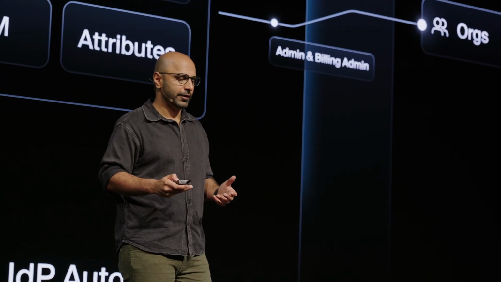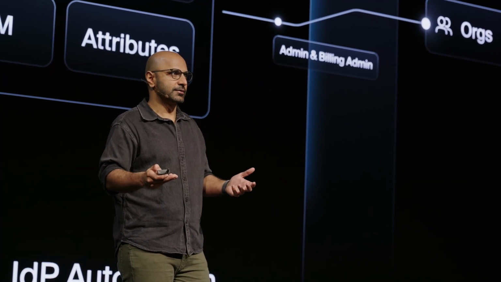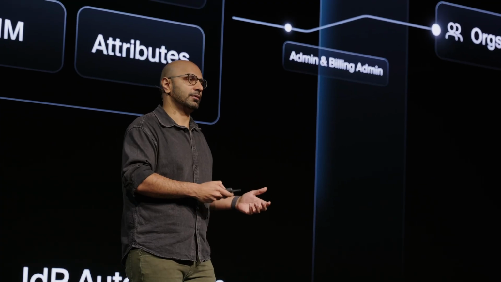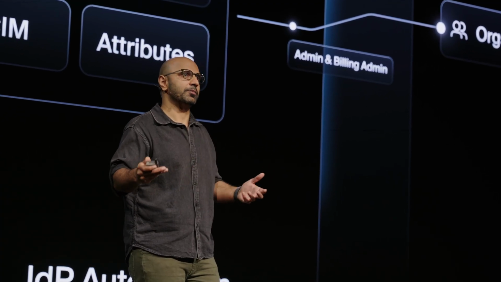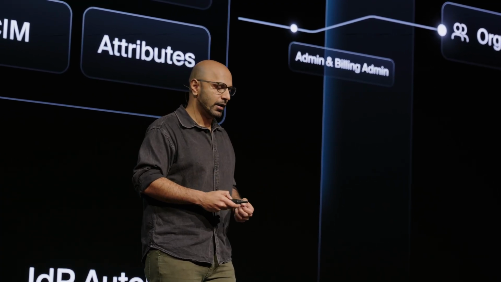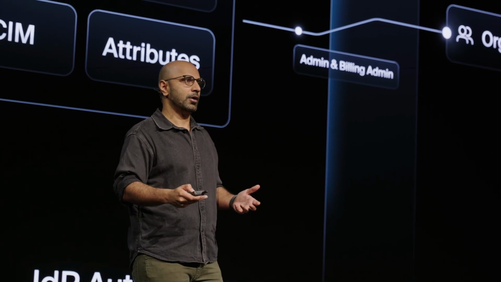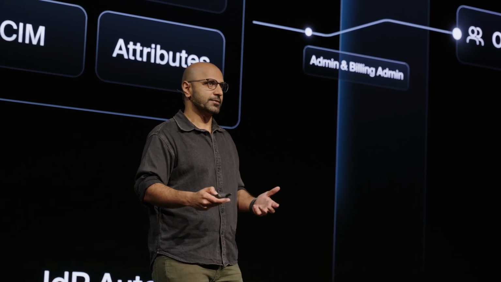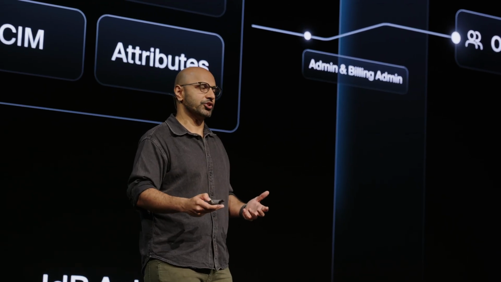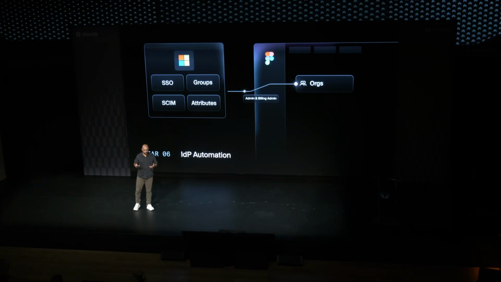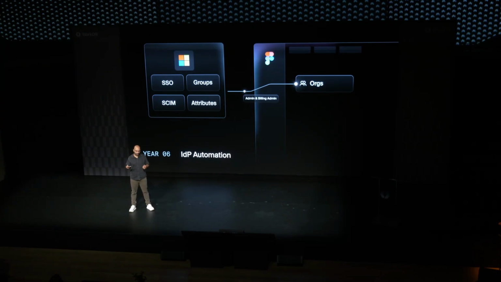As you all might know, you can automate authentication through the SSO protocol, and you can automate user provisioning and deprovisioning through SCIM or directory sync. But what about access management? A lot of enterprises want to automate this, but what does the integration look like? So let's take a look at all the ways you can do that today.